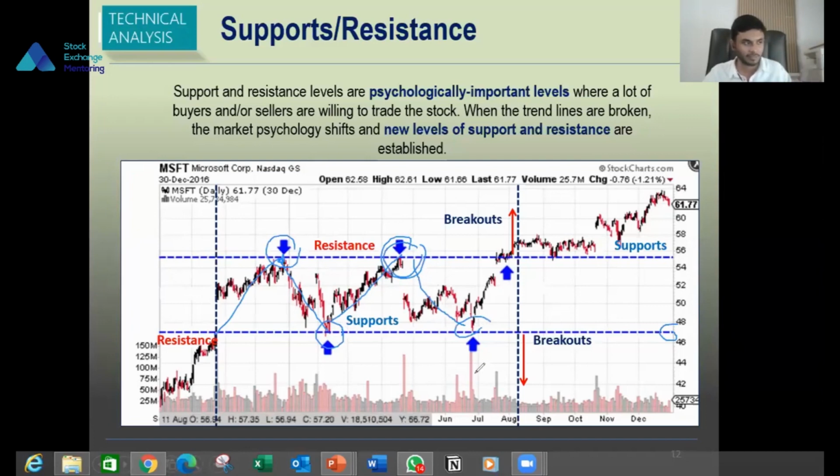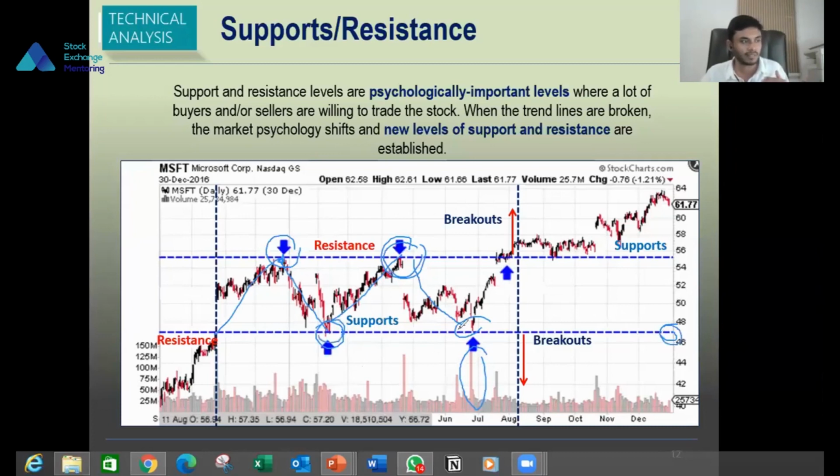But when it touches 55, can you see the volume bars below also increasing? That shows whenever the price reaches these 45 levels, there is market interest. The buyers find some emotional element to this price level, maybe a rational reason, or maybe a justified fundamental reason, or maybe an irrational reason. But based on our chart analysis, this gives us very good information. 45 is a very important level for the stock.